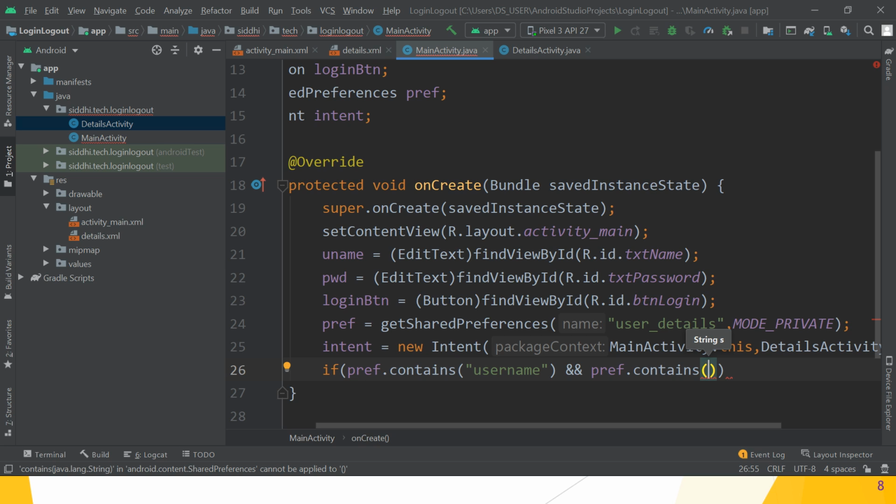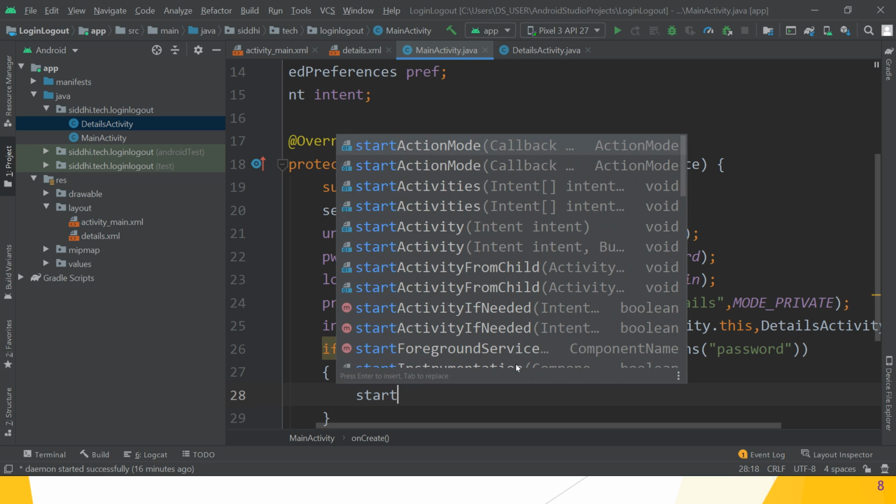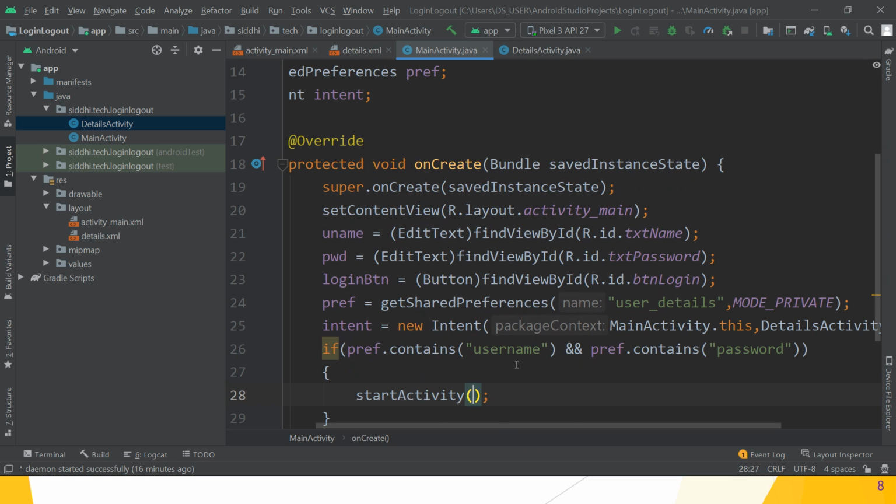If that file contains the password, great, then what we have to do? startActivity, and in startActivity pass the intent.